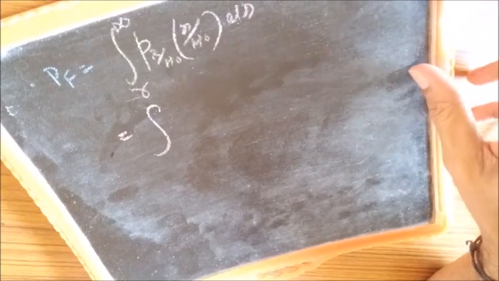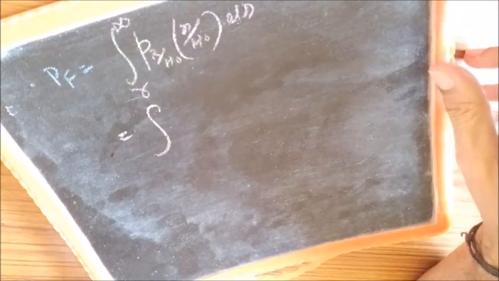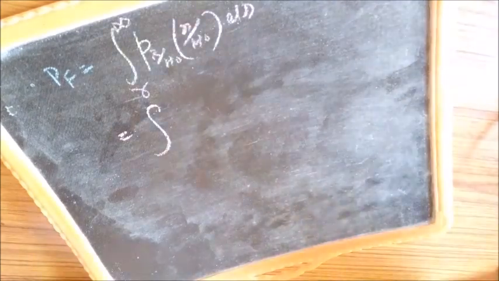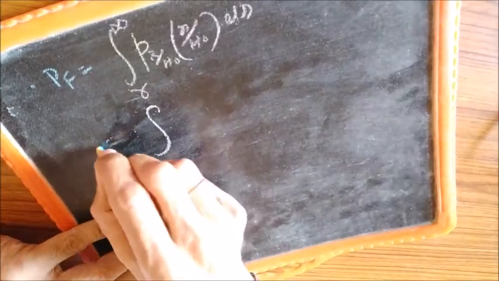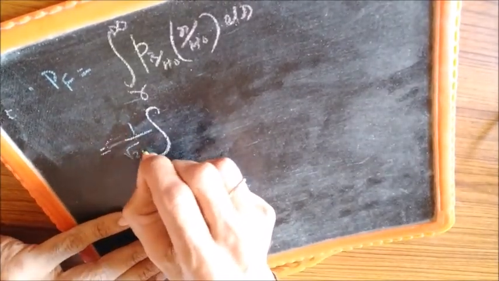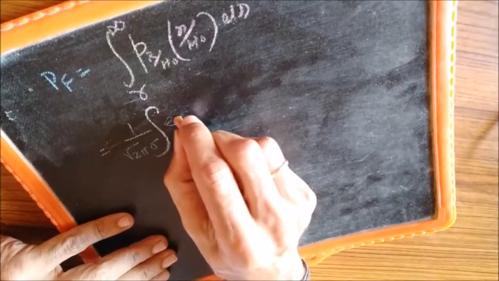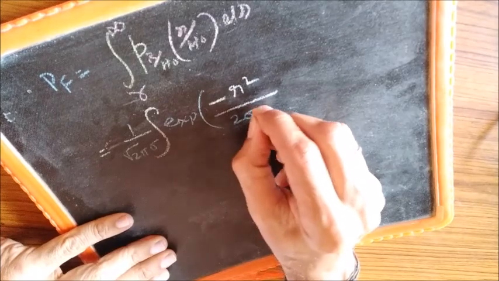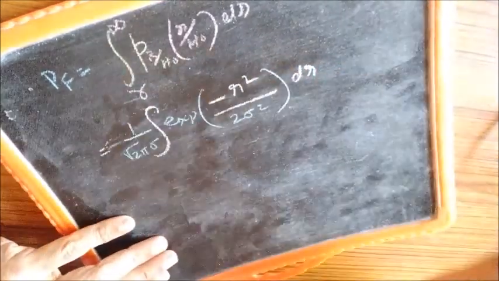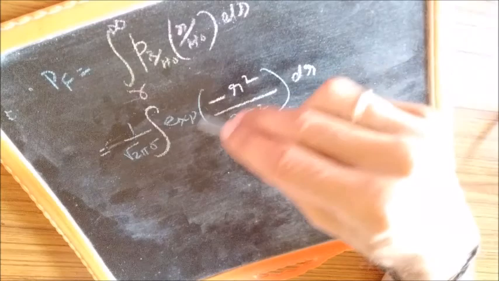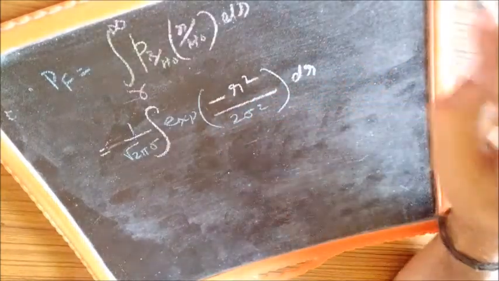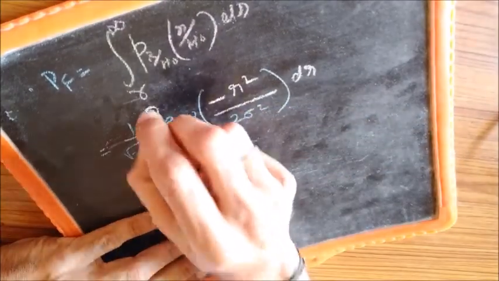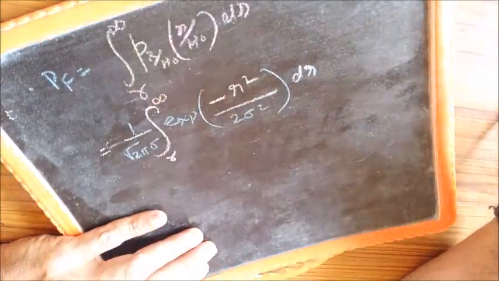And we are told that the noise which gets added is Gaussian distributed with zero mean and variance sigma square. When H0 is the true hypothesis, what you are receiving is only noise. So you have here 1 by root of 2 pi sigma, e raised to minus r square by 2 sigma square, dr. You can see that this is a zero mean, sigma square variance Gaussian distribution, and we have to integrate it from gamma to infinity.